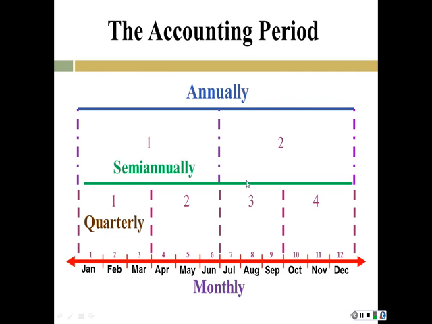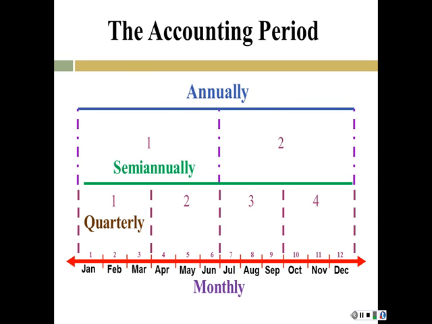So, what is an accounting period? An accounting period is any period of time you choose to report about. A business's life is going to continue on, and at some point you have to report to your users about activities that took place in a particular accounting period. And that accounting period could be a month, it could be a quarter, it could be semi-annual, or it could be annual. Some companies even have a fiscal year that they report about, which is a period of 12 months,